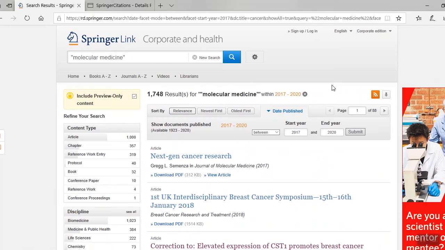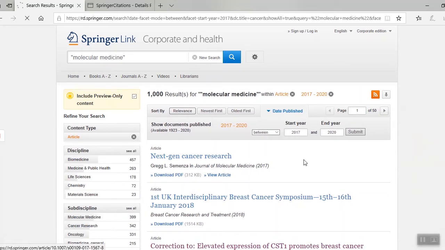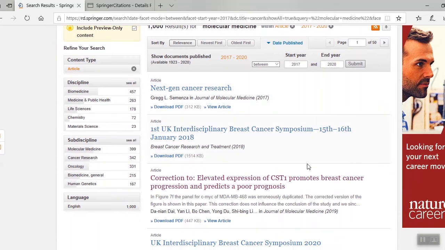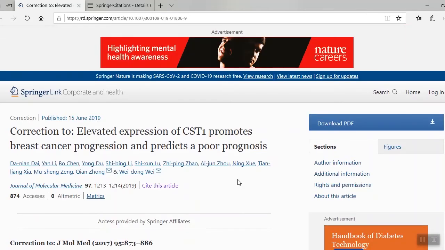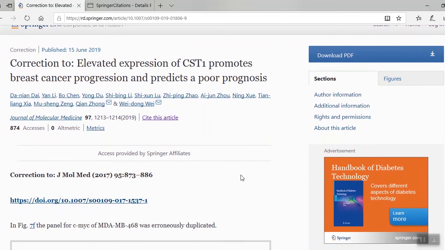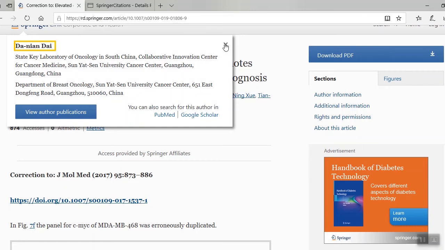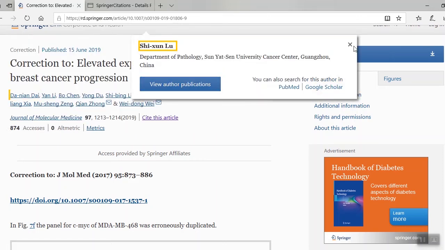I still want to refine my search by content type, and I'll go over to the left to content type and select article. Here's our article results. Let's check out this one here. You'll see this article page looks similar to the conference proceedings. You can check out the author affiliations,